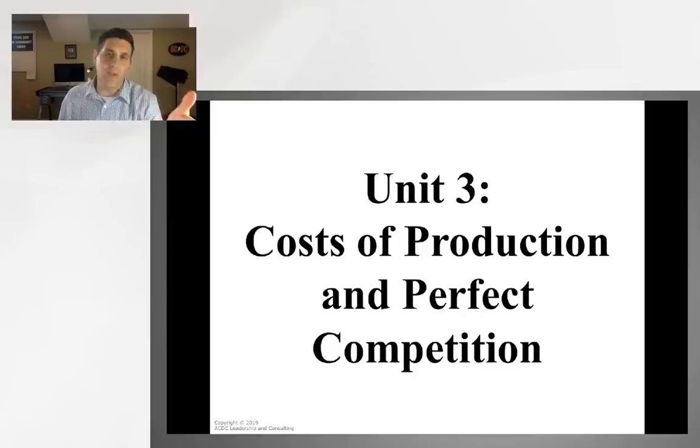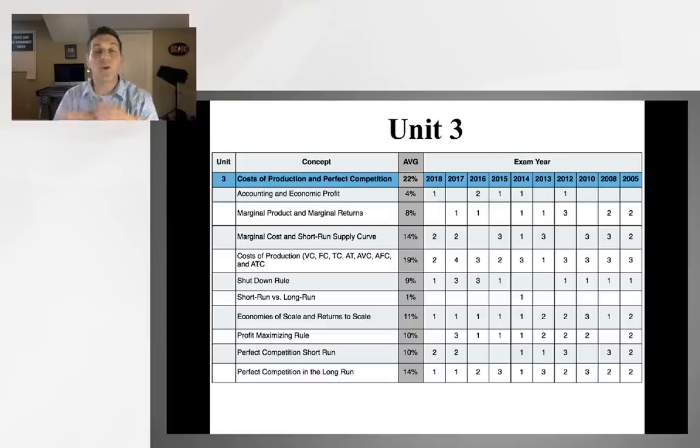Take a look at Unit 3, though. Here we go. Unit 3 is worth 22% of the actual test. You can see you're going to have some sort of question about accounting versus economic profit. Now, the reason I'm showing this to you, if you're wondering why Mr. Clifford goes so fast,